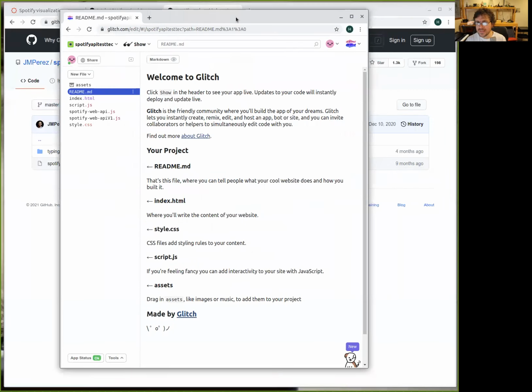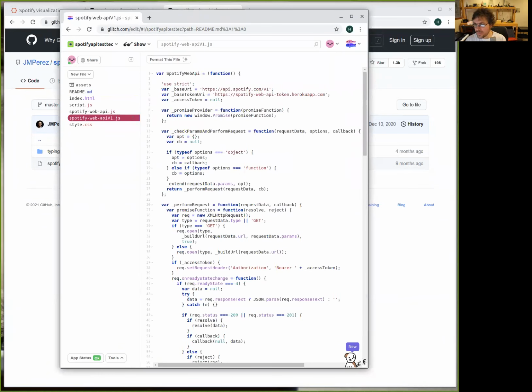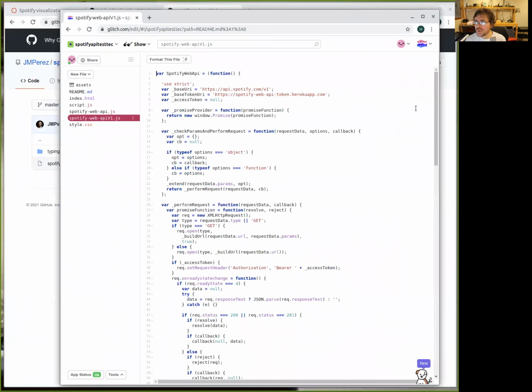Okay, so the point is this one, the previous version, which is version number 1. This previous version was created, okay, then I went back to do the comparison of the two libraries.